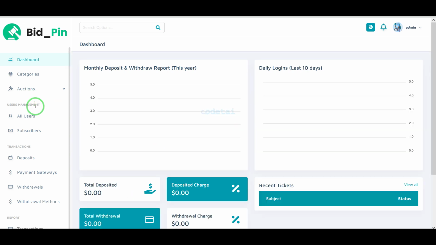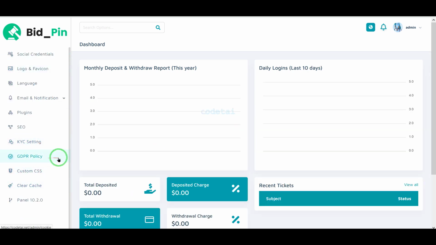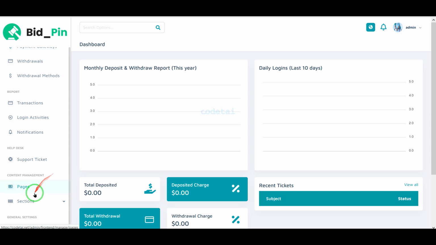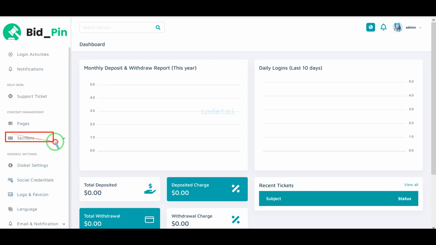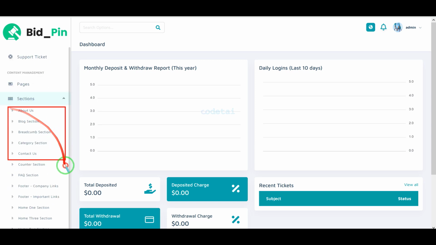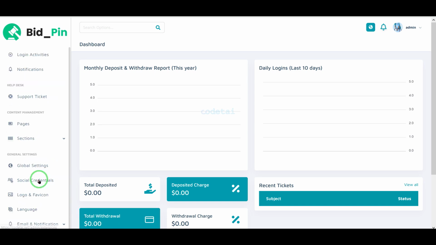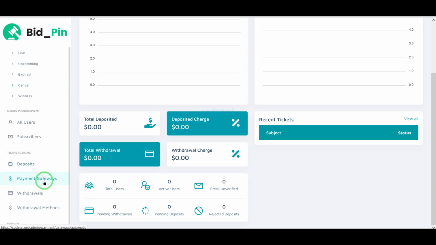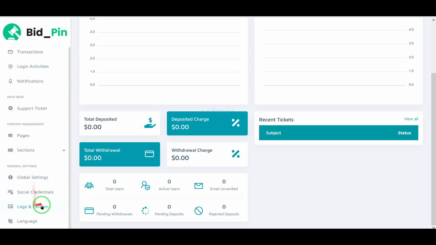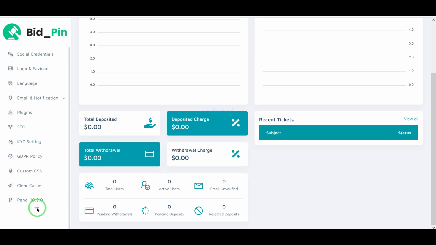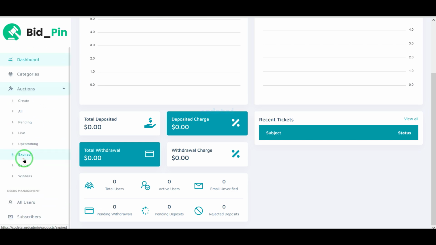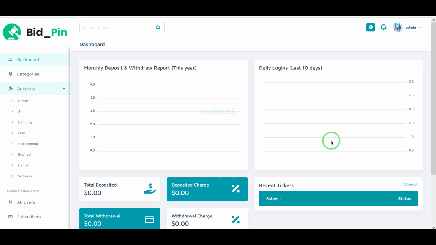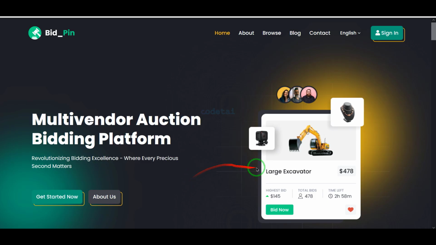Now we can change all the features and functionalities of the website step by step through the admin panel. You can change all types of website designs through this section, because here you are getting different section pages step by step to change website design. Also, you can easily change the website systems using other features and functionalities. If you have any problem with admin panel functionality and features, then definitely contact me and I will help you.